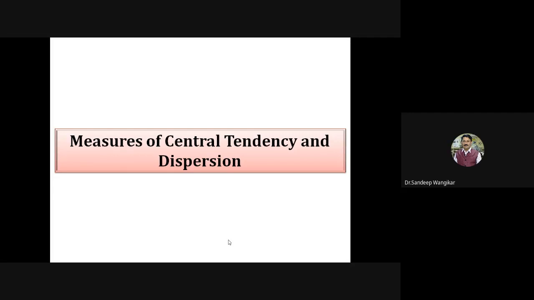There are three different points. We will discuss how to measure or calculate the mean, then variance, and then the standard deviation. These are the three different terms that we will go for. Then we will solve a numerical, and then further we will go for the probability distribution concept. So let us start.